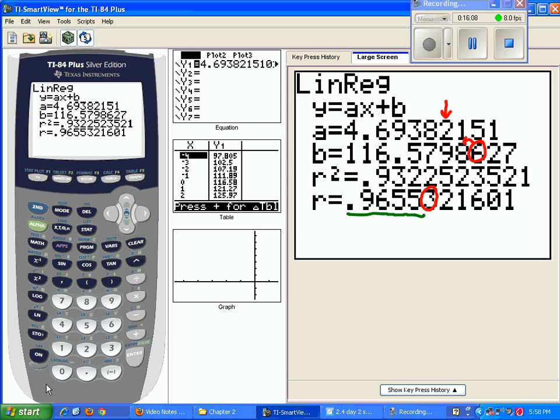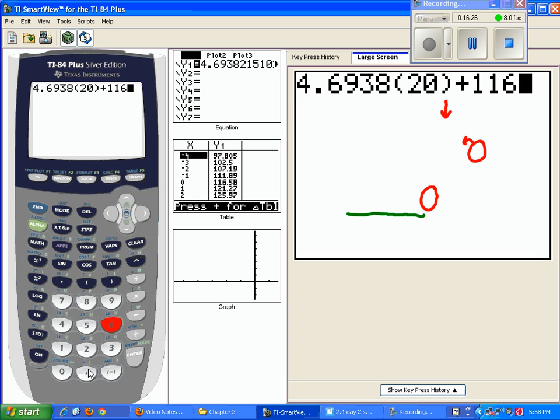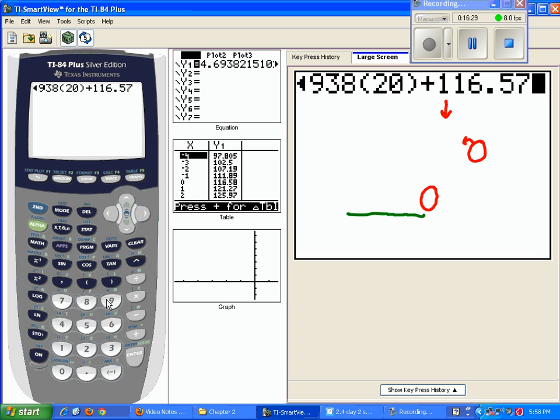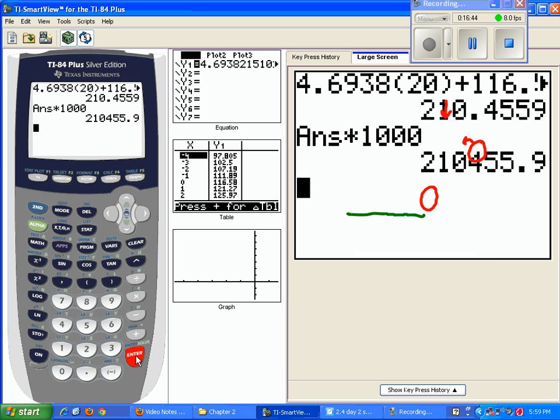I get 4.6938 times 20. Notice that I put the 20 in parentheses whenever I plug in variables. I do that. Plus 116.5799. Enter. And I get 210.4559. And of course, remember, this is in thousands of dollars. So if you wanted to, you could multiply this by 1,000, or if you labeled thousands of dollars, that would